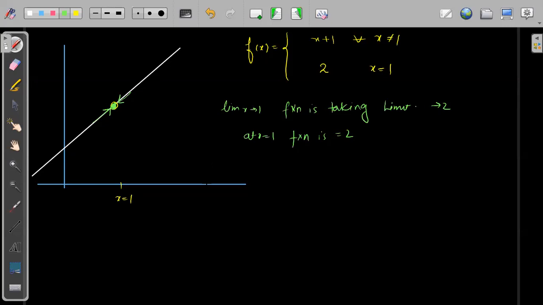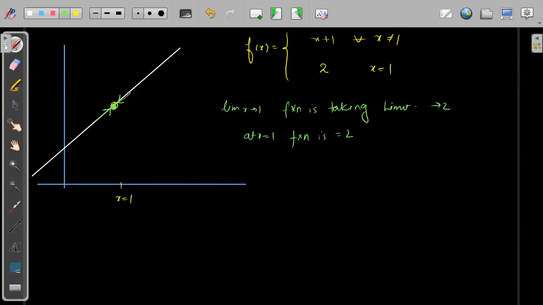Yes, you can say it is like playing Tetris. We are just filling one point, right? So in very layman's terms, if you are able to draw the function in its domain without lifting your pen or pencil, then the function is continuous. If you cannot draw the function in its domain without lifting the pencil, that means it is not continuous.